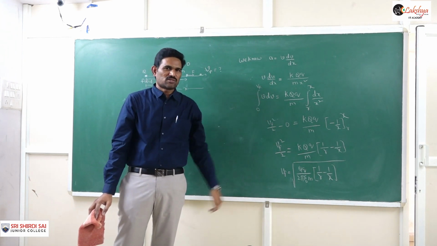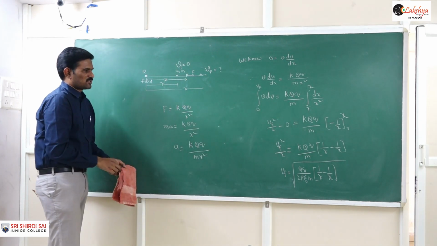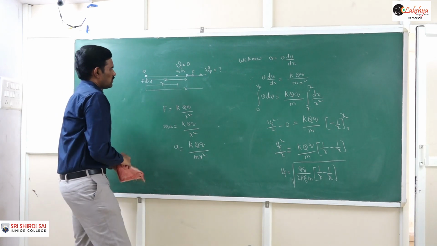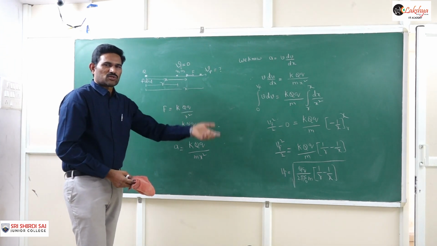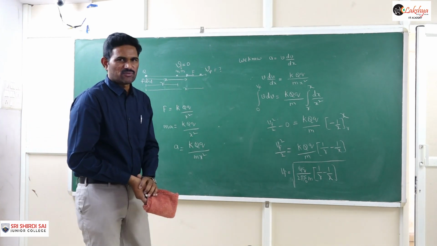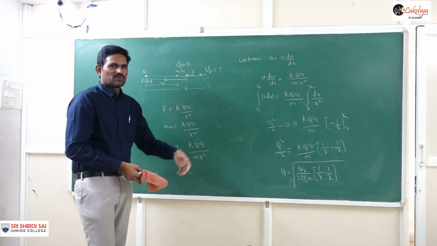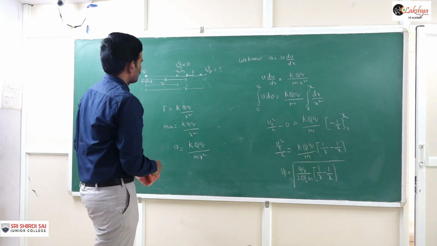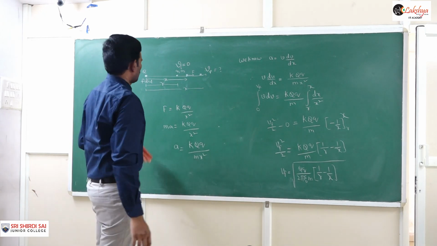We are doing the integration here to calculate the final velocity of the particle when it is at a distance x from it. If conservation of energy is completed for you, that means if electrostatic potential energy is also completed for you, you can solve it easily by applying conservation of energy. Then you can do it without using that integration. So after the completion of electrostatic potential energy, you can do it by that method.